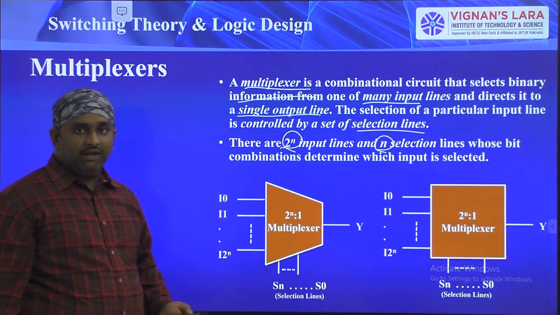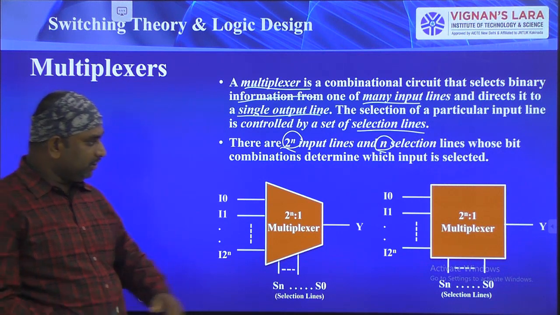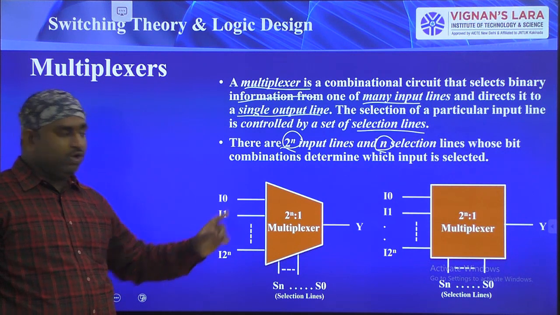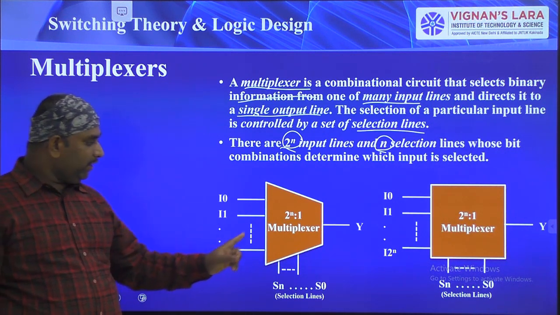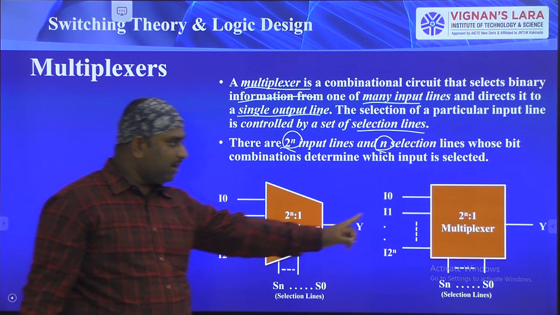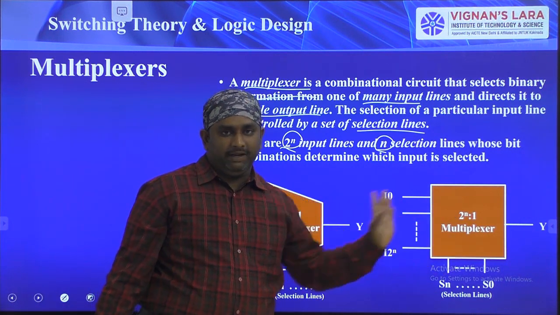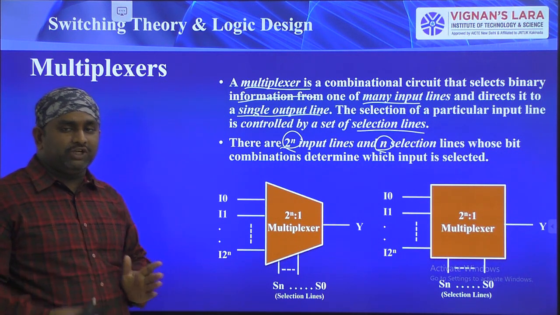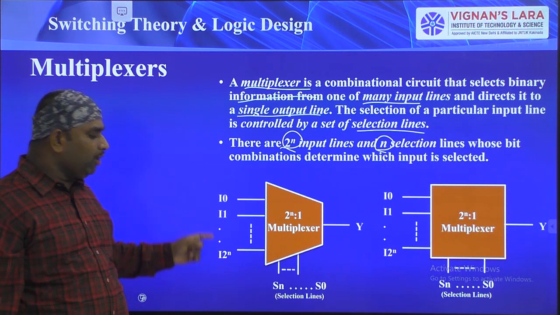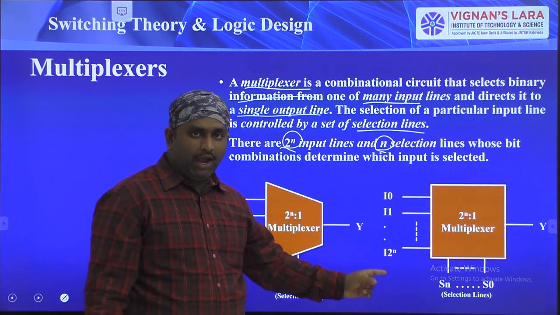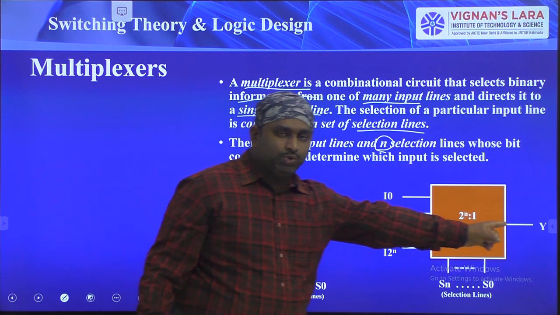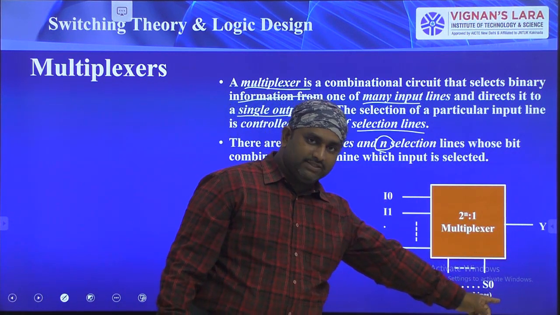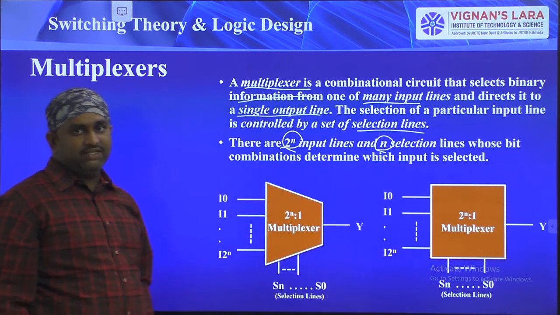Okay, right. So see here, this is the generalized multiplexer representation. You can represent the multiplexer like this, or you can represent it like this. Both are valid diagrams. So 2 power n is to 1 multiplexer. Here we have information at the input lines, represented as I0 to I2 power n, and here we have the output y, and selection lines S0 to Sn. N selection lines here.